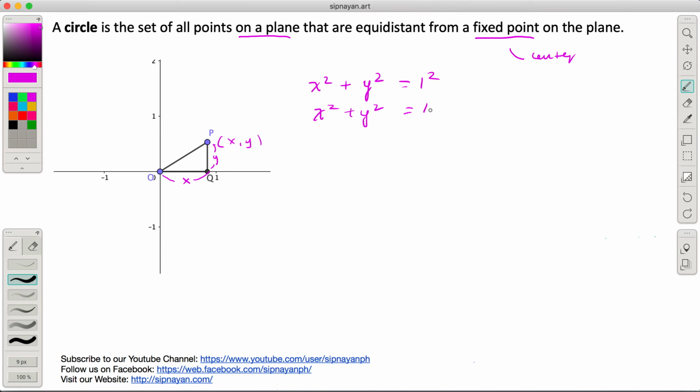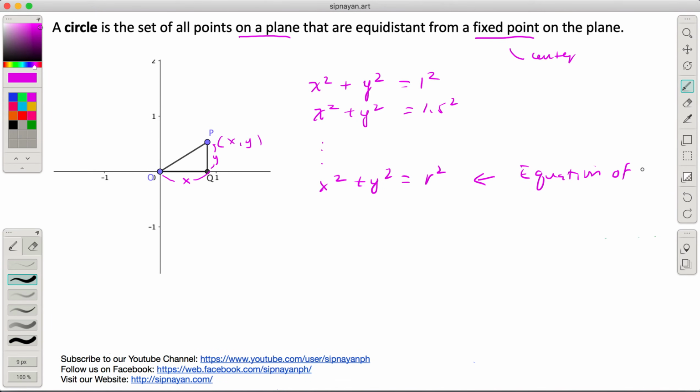You get the idea, right? So x squared plus y squared is whatever the radius is. Meaning x squared plus y squared equals r squared for any value of r. So this is what we call the equation